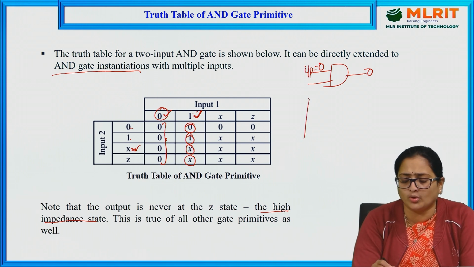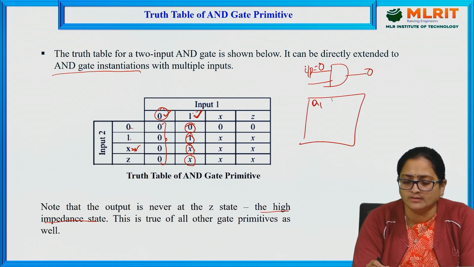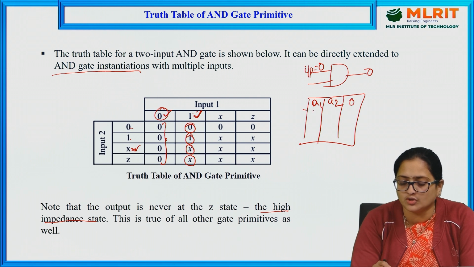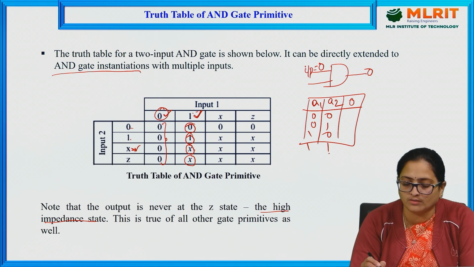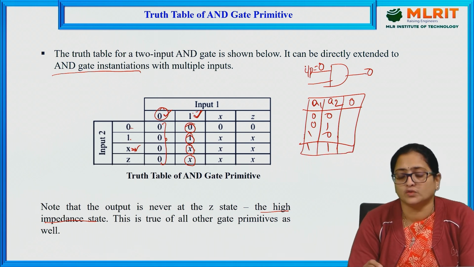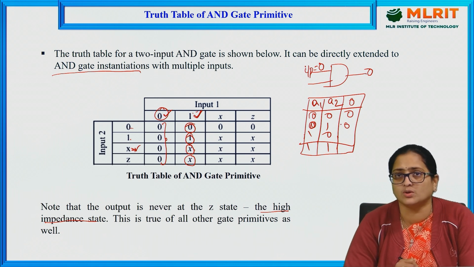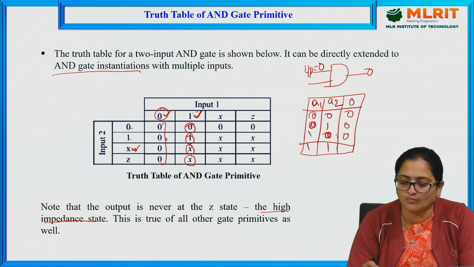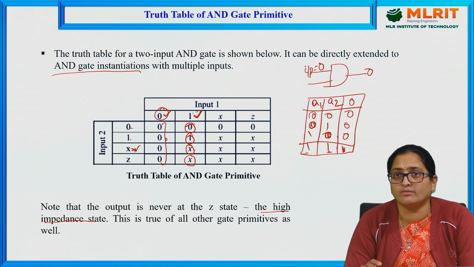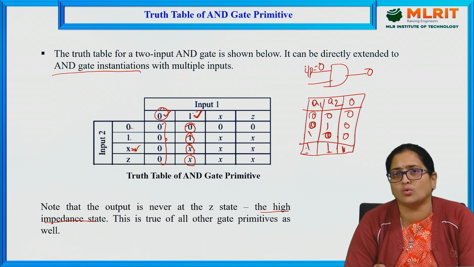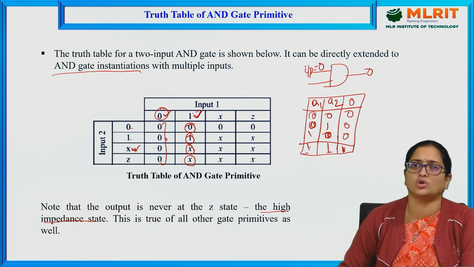The main important point here is, this is input 1, this is input 2, and let us assume output O: 0, 0, 0, 1, 1, 0, 1, 1, the permutations which can be available for 2 inputs. If it is 0, 0, both inputs are 0, so the output will be 0. Here the input A1 is 0, so the output will be 0. Here the input A2 is 0, the output will be 0. If both inputs are true, then the output will be true. If any one of the inputs is not true, or false, then obviously your output will be 0.